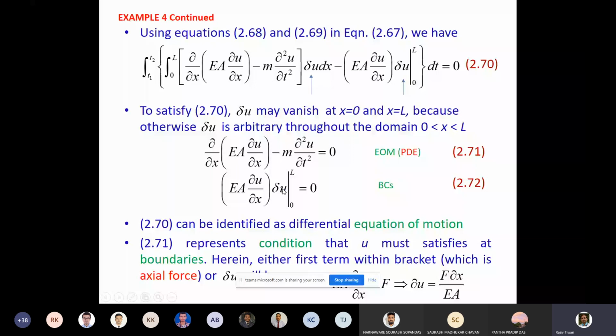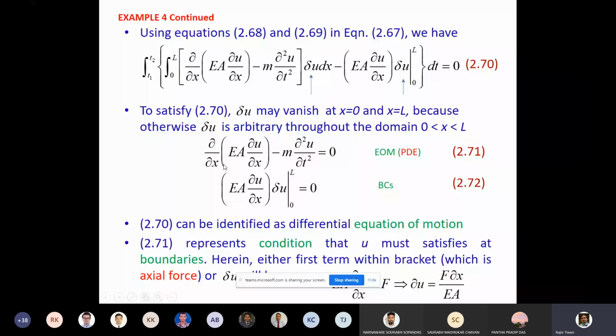But second equation, at boundary like fixed end, del u is what? Displacement. At fixed end, displacement is zero, so variation will not be zero. But other end which is free, so there displacement is not zero, so variation also will not be zero. So we need to see the variation should satisfy the boundary condition. So that's why we are retaining this along with this term.